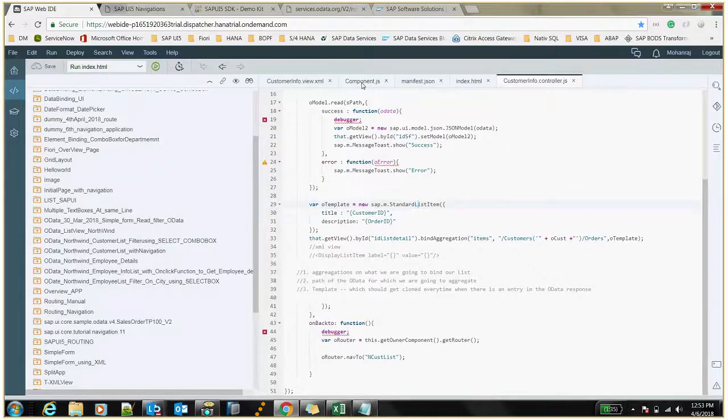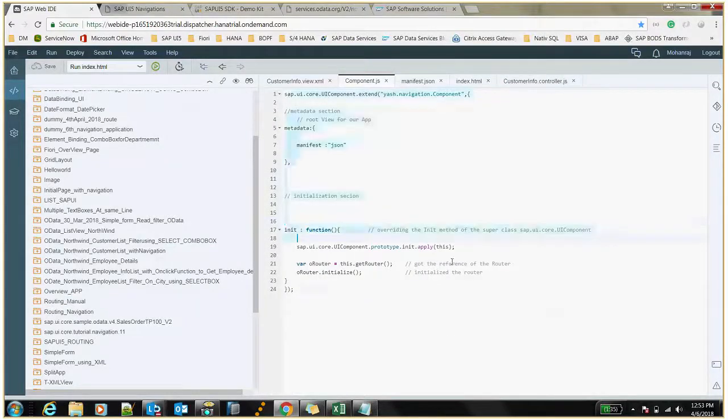We don't need to write these many things. See, we have written from the scratch, right? This application has been created from the scratch. We did not use any template, but by using the template you can rapidly develop the same application faster. Okay, so